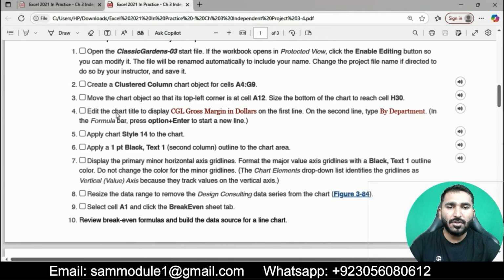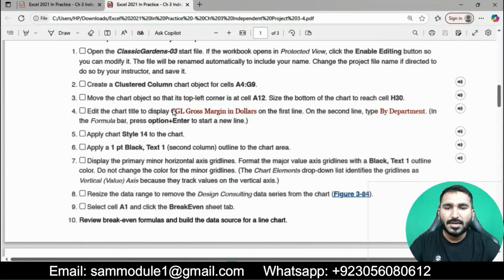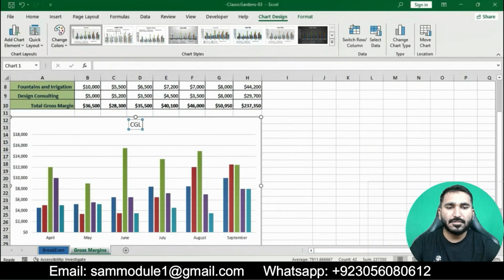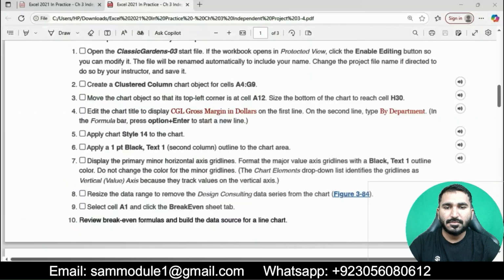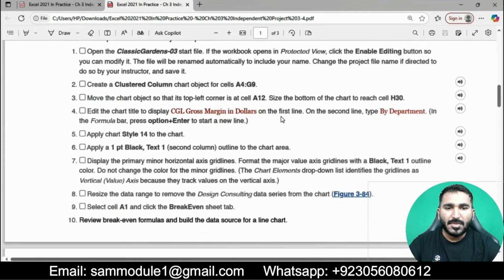We go to the chart, click on the chart title, and edit the title. We will remove the existing text and add CGL Gross Margin in Dollars on the first line.